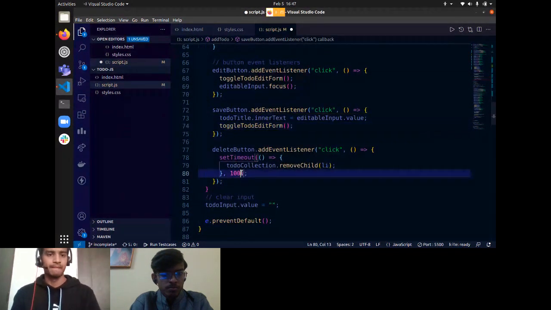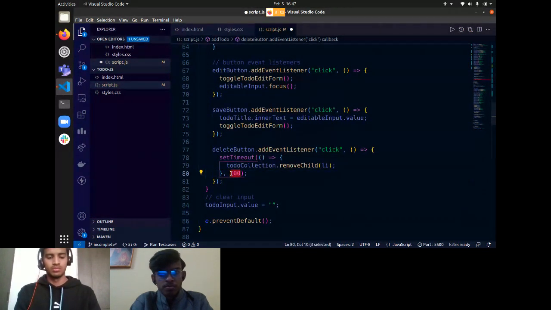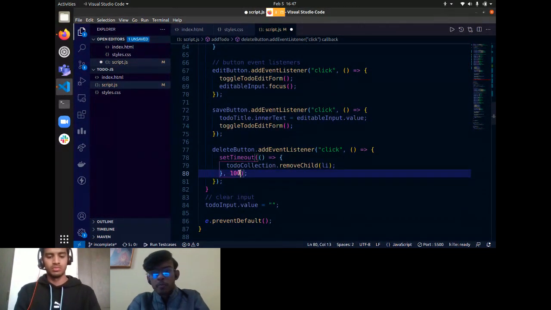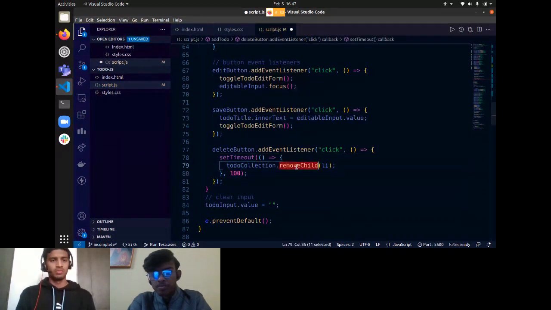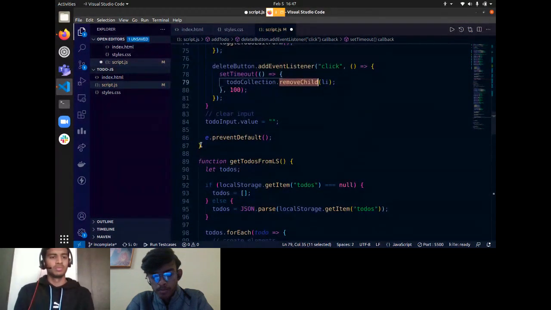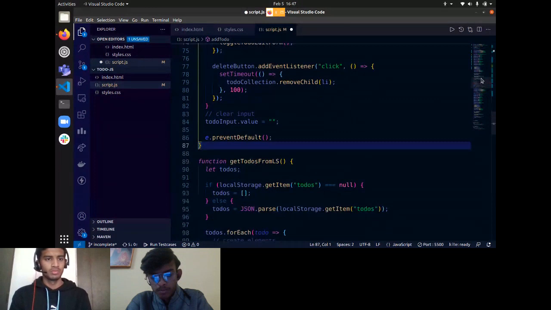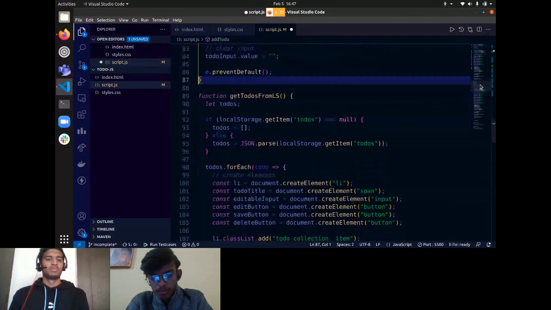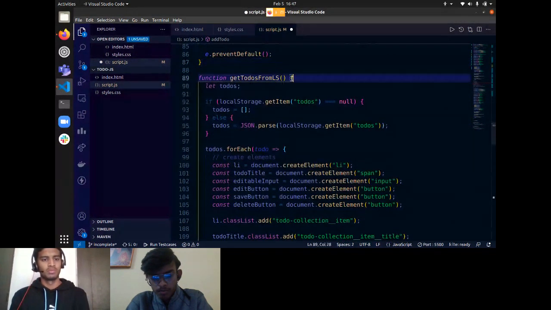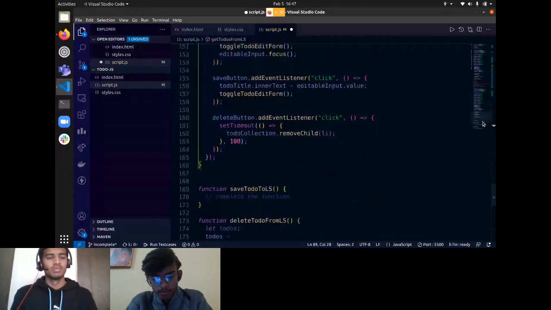It actually allows you to set a timeout. This timeout is basically 100 milliseconds. Right? After 100 milliseconds, this particular thing that is invoked here on this line would happen. Right? So this is where we have completed the add to do function here. Let's look at other things. So this is again a similar function. I'll not waste your time by telling about it again and again. Let's move to something